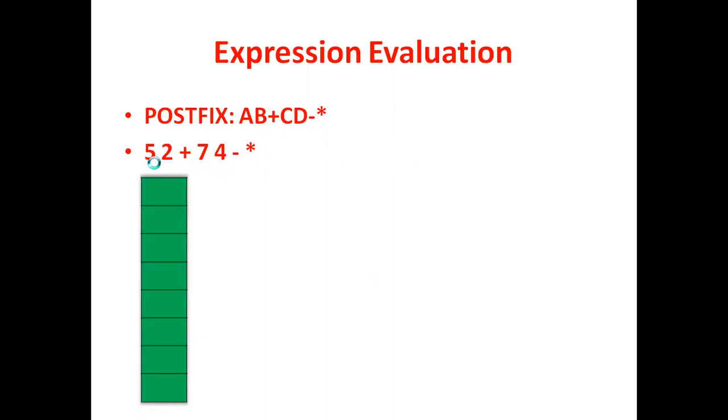Then read the expression from left to right. This is the expression evaluation procedure. The first symbol is 5. Simply push it onto the stack. Then our next symbol is 2. 2 is also a value, so again push it onto the stack. Then we got plus. When we received the plus operator,